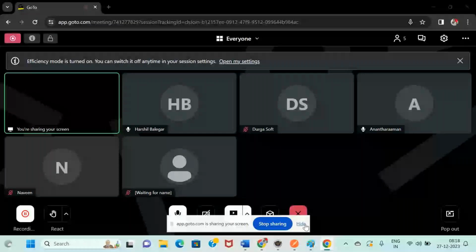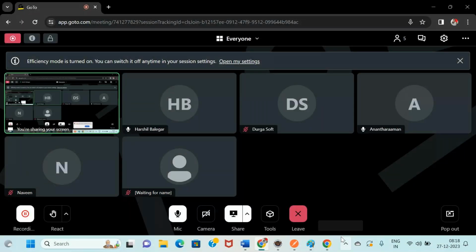I'm not able to see your screen. Now, guys, yeah, it's loading. Okay, now I'm able to see.